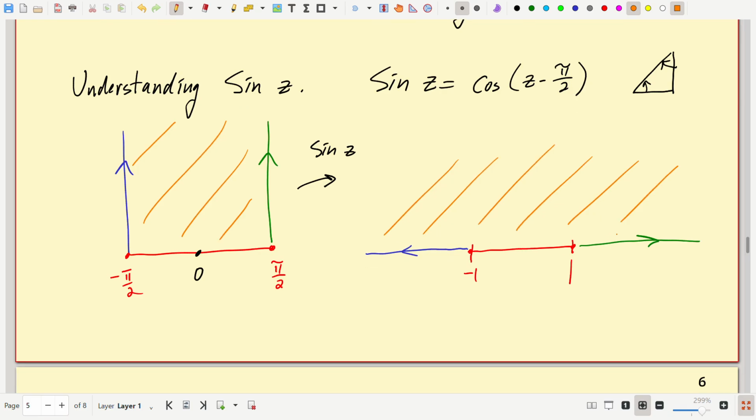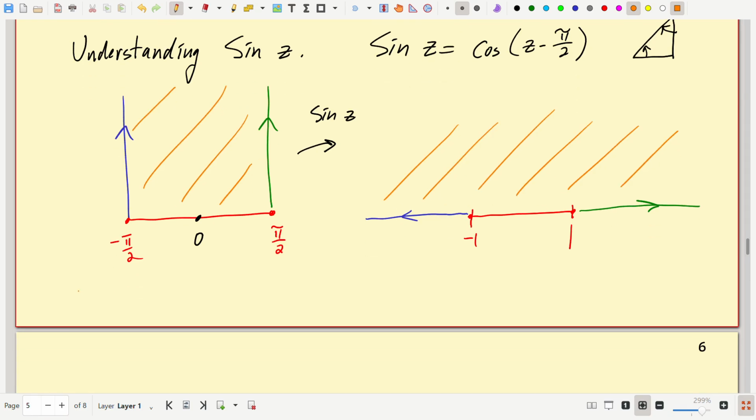And of course, you get a similar checkerboard picture on C when you start extending sine to the rest of the complex plane, when you want to understand sine of z for any z. And interesting, you're always thinking of sine of real angles going from the red part, -1 to 1, but the